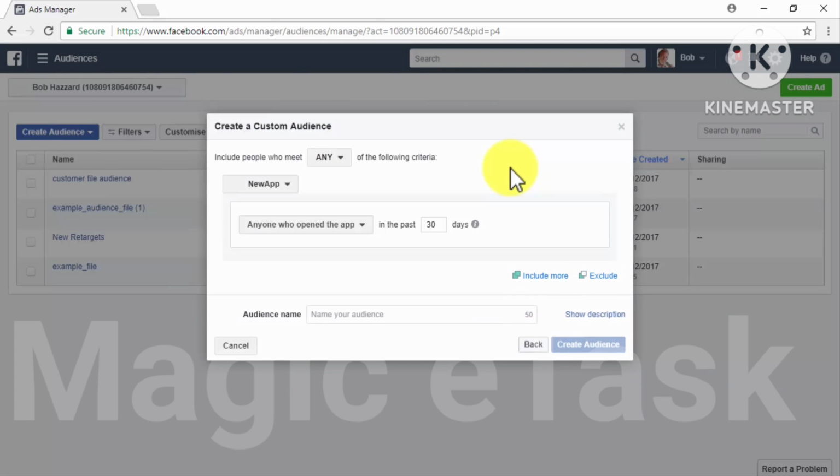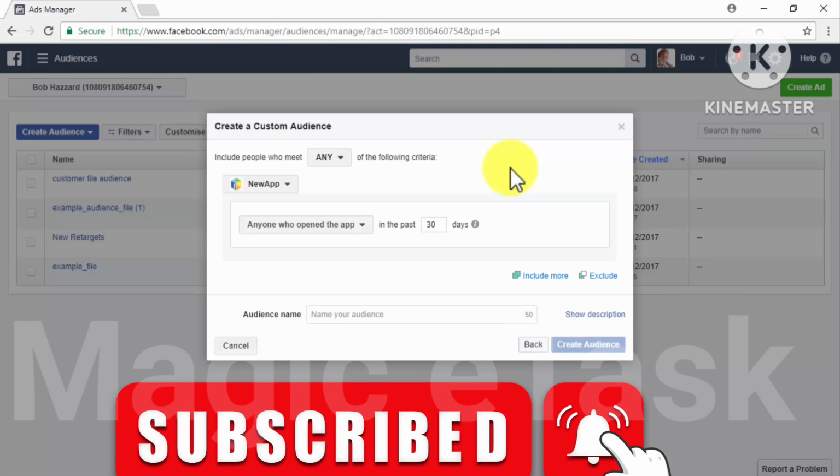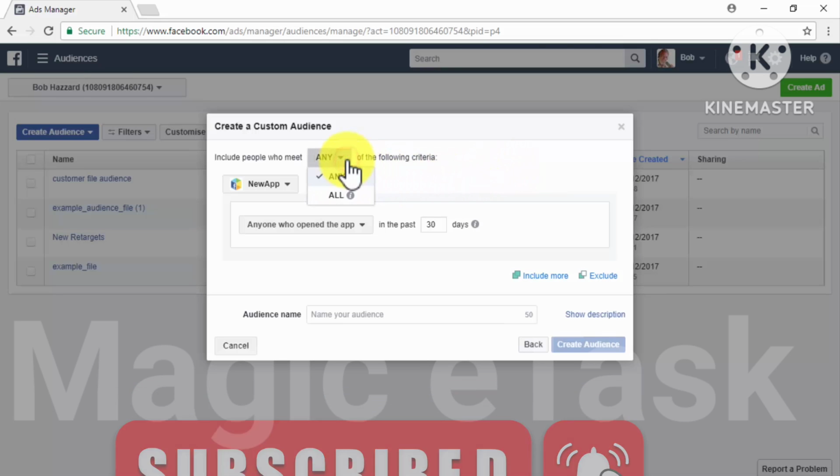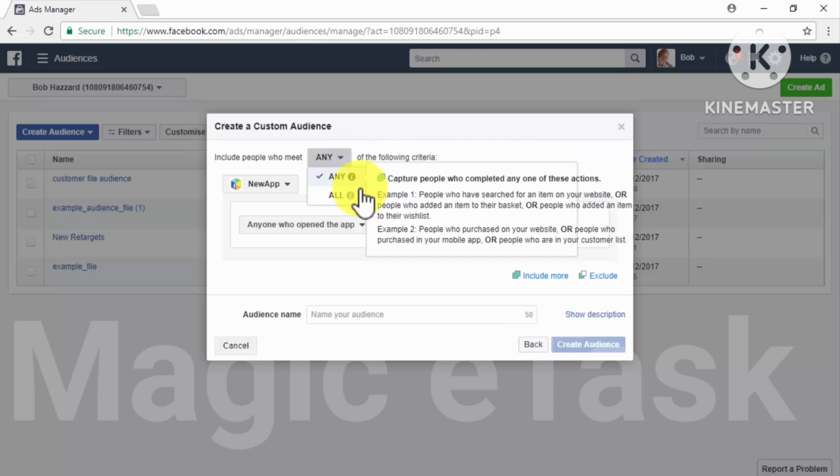This option will allow you to create and retarget a list of people who have launched your apps or games on Facebook. Now it is time to create your new app user custom audience. Start by selecting whom to either include, people who meet any of your retargeting criteria, or people who meet all